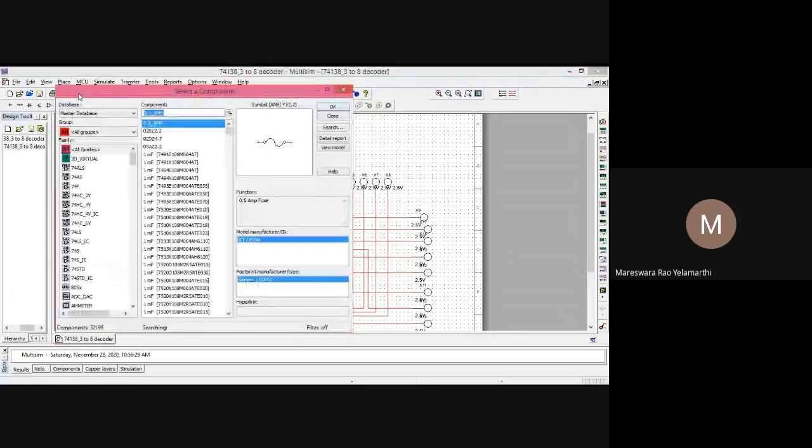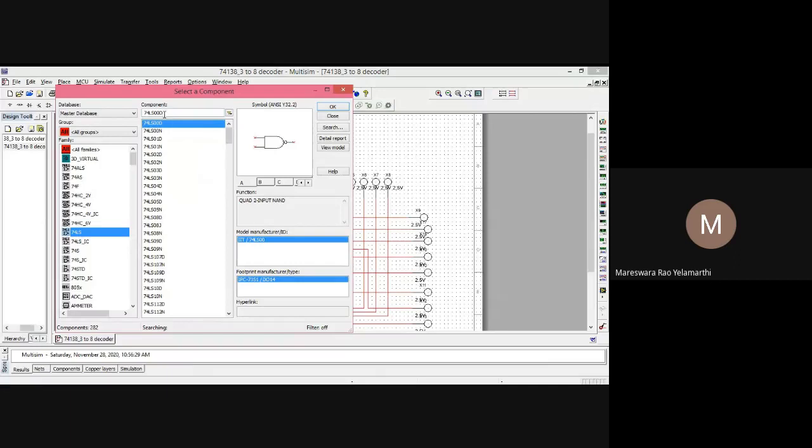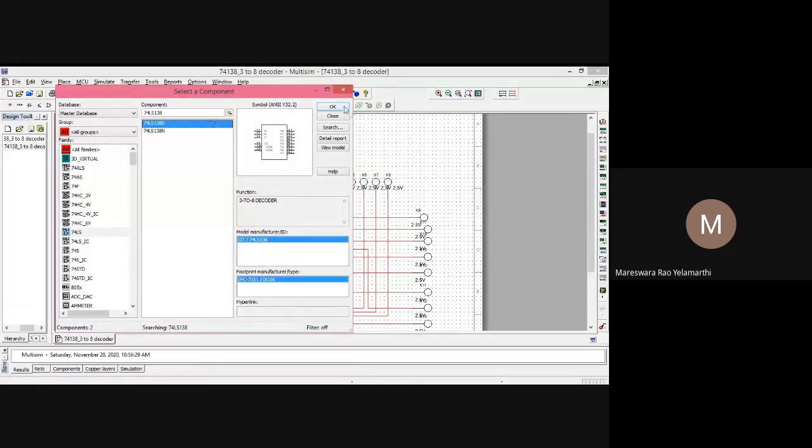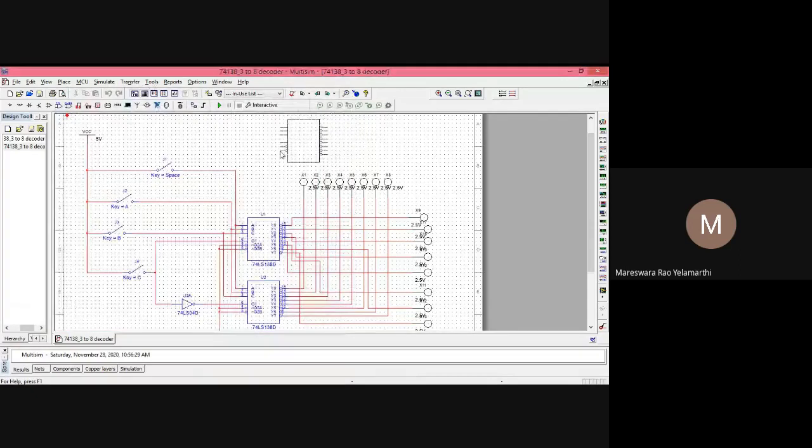Here you see 74ALS, 74AS, 74F, 74H, 74LS. Select there and type our IC number, 74LS138. You can take N also, no problem. We are using 74LS138D. Just select it, and it will redirect you to our present workspace.